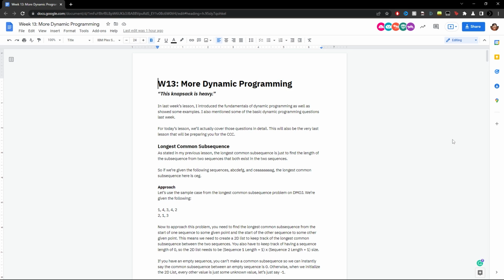For today's lesson, we're going to be doing more dynamic programming. We're going to be wrapping up dynamic programming for today. So in last week's lesson, I introduced the fundamentals of dynamic programming, as well as showed some examples. I also mentioned some of the basic dynamic programming questions last week. For today's lesson, we'll actually cover